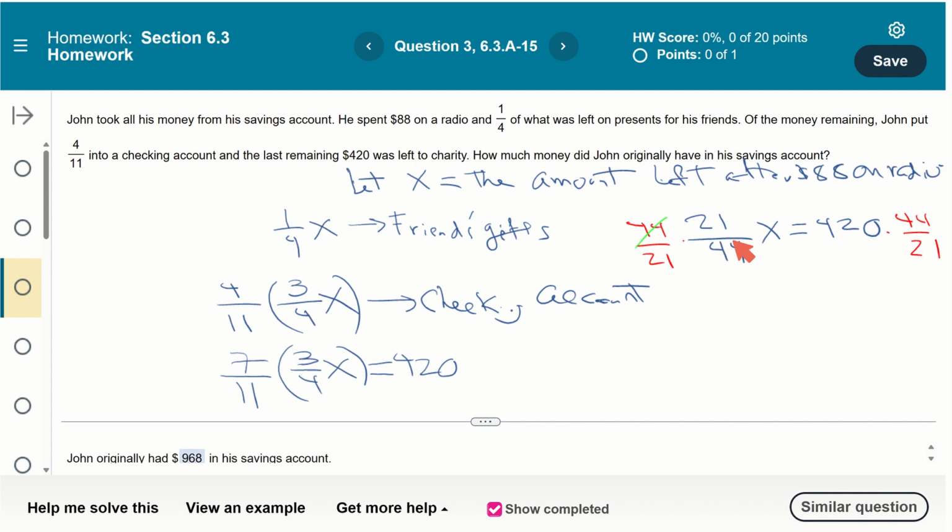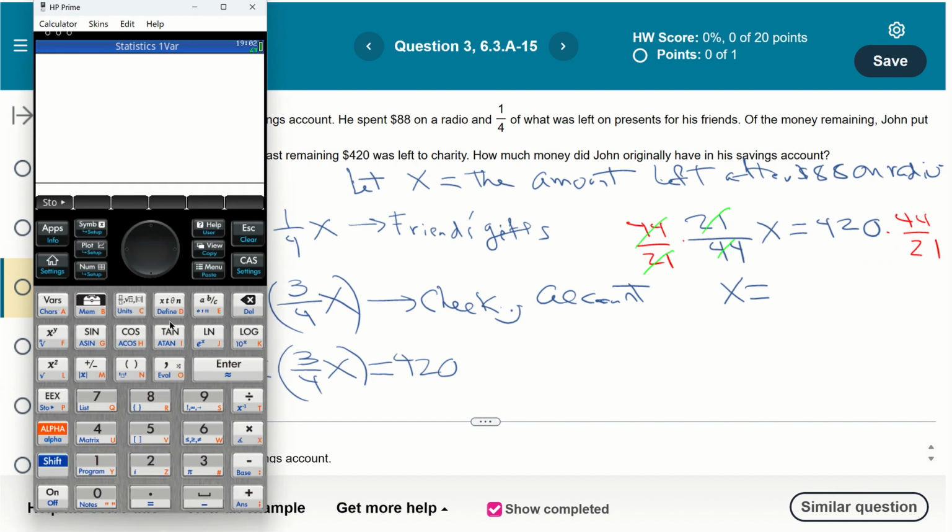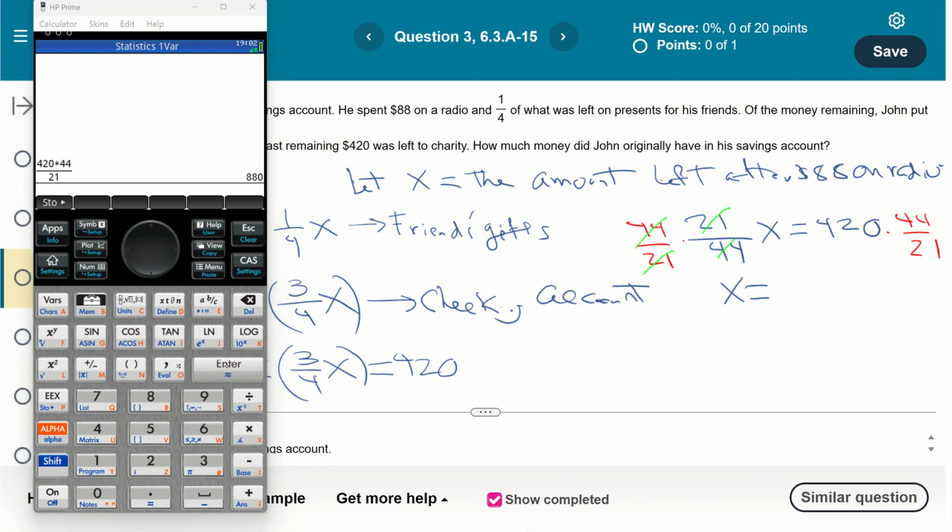Notice that's going to cancel out all those. So you're going to be left with x equals 420 times 44 divided by 21. So that's what we're going to compute. So we have 420 times 44 divided by 21. We get 880. Now you got to be very careful not to get excited and assume that that's your answer,